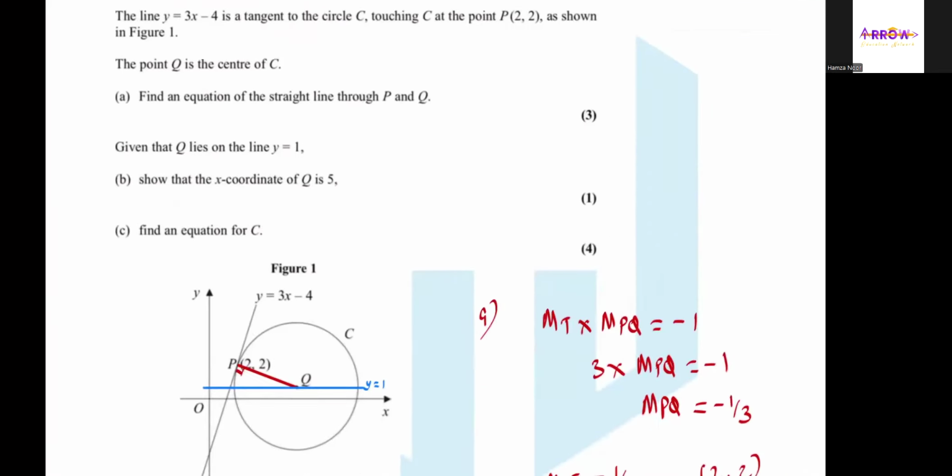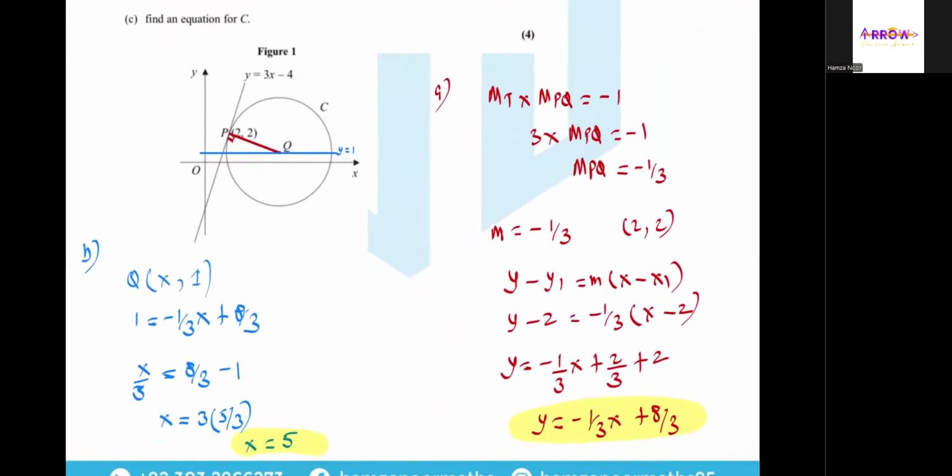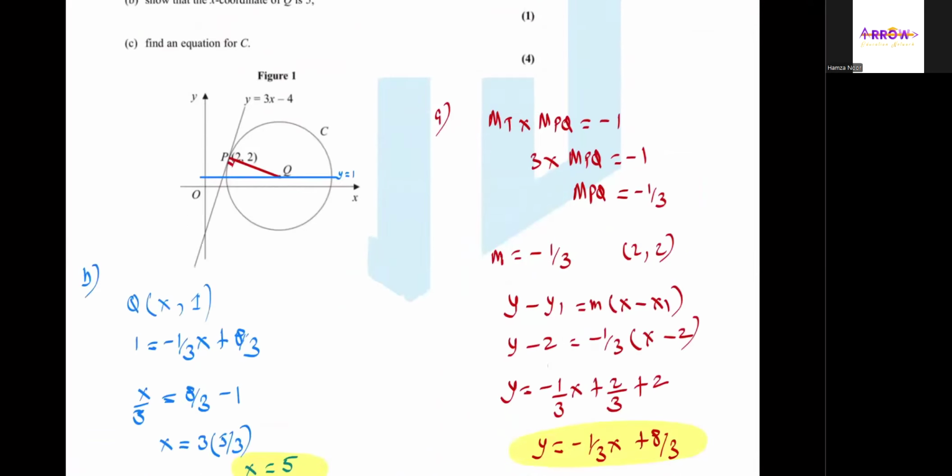So here I've done the working for part A. I can say that the gradient of the tangent multiplied by the gradient of the line PQ is equal to -1. So 3 multiplied by the gradient of PQ is equal to -1. Therefore, the gradient of the line PQ is -1/3. And since the line PQ passes through the point P, which is given in the question as (2, 2),